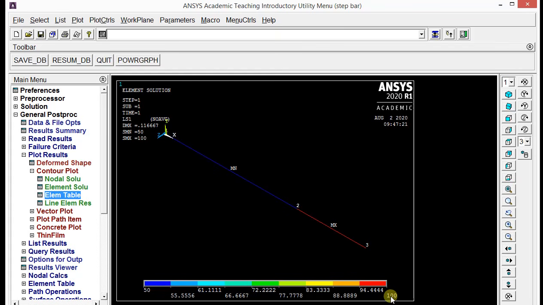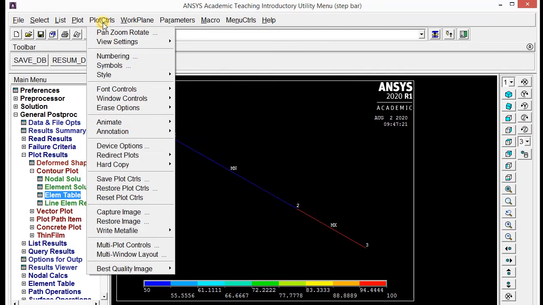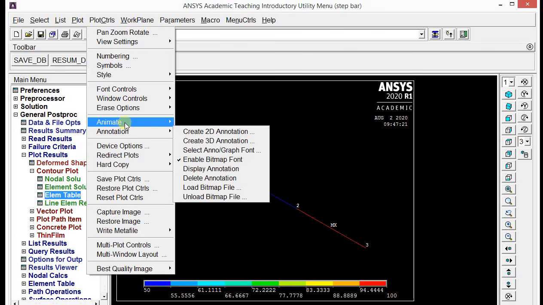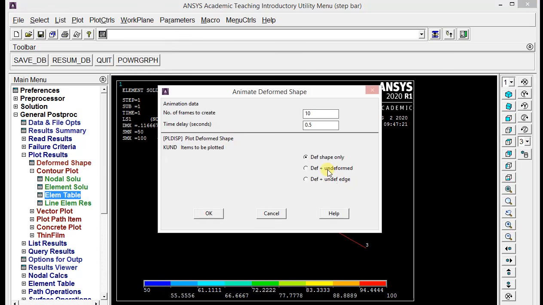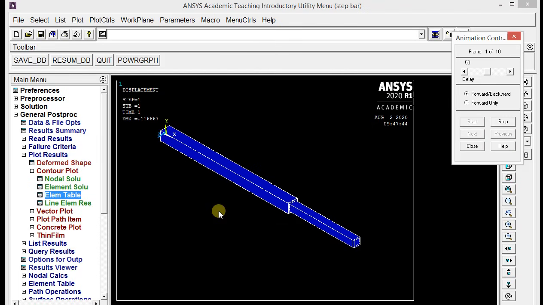Again if you want to see the animations, click on plot controls, animate, deformation shape, deform plus undeform, click on OK. Now you can see the deformation of the step bar due to the applied forces.